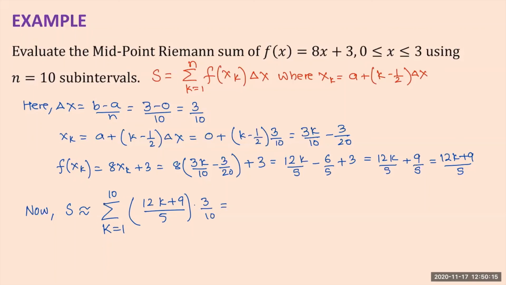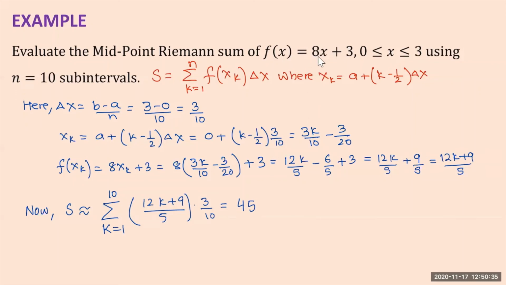We can easily simplify this using a calculator. If you evaluate it using a calculator, it will be exactly equal to 45. So that is the midpoint Riemann sum. We know that a Riemann sum will approximate the area under the curve, bounded by